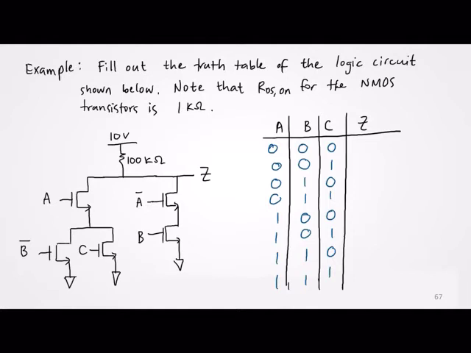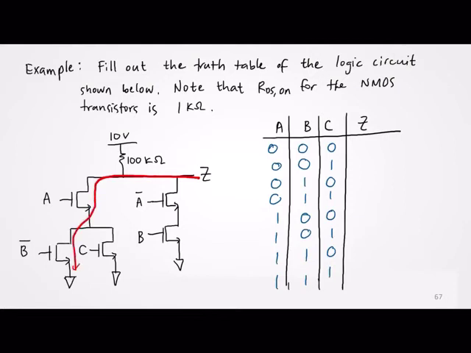If we fill out the truth table, okay, of the logic circuit here, and we use the technique that I said last time, okay, so yung note dito, we'll use that in the next slides. Okay, note that RDS on for the NMOS transistor is 1 kilo ohm. We'll use that later. But for now, hindi muna natin kailangan yun to be able to fill out the truth table. So I'm going to look at the output here. I could identify again 3 paths to ground. So let's look at